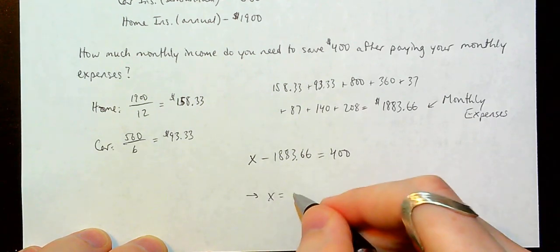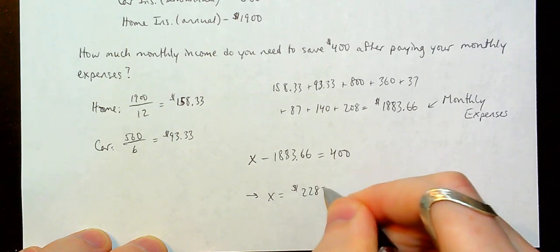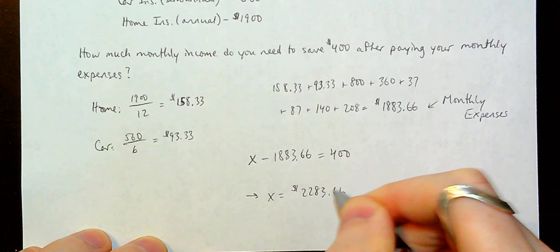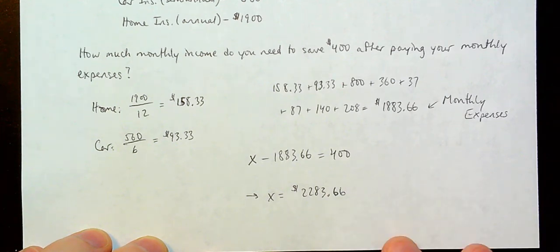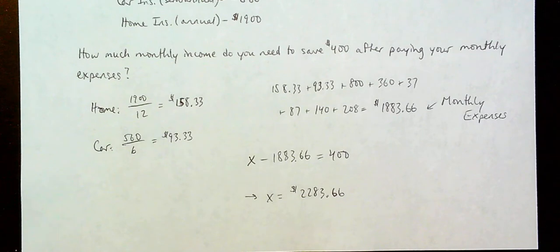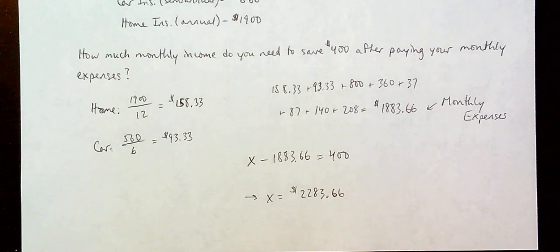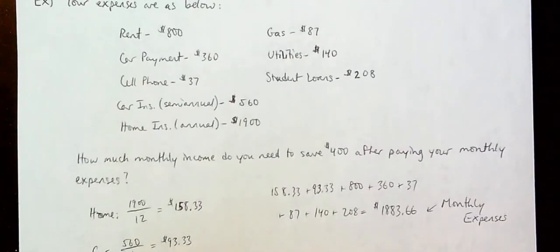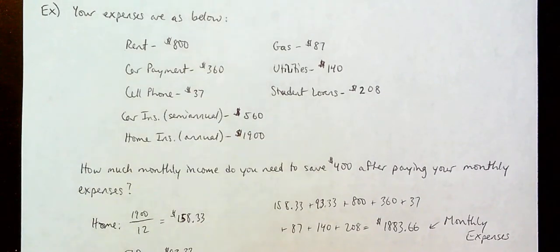And that's going to give me $2,283.66. So this is how much money I have to bring in after taxes and all that stuff. My take-home pay per month has to be $2,283.66 in order to be able to save $400 after paying off all my monthly costs that are